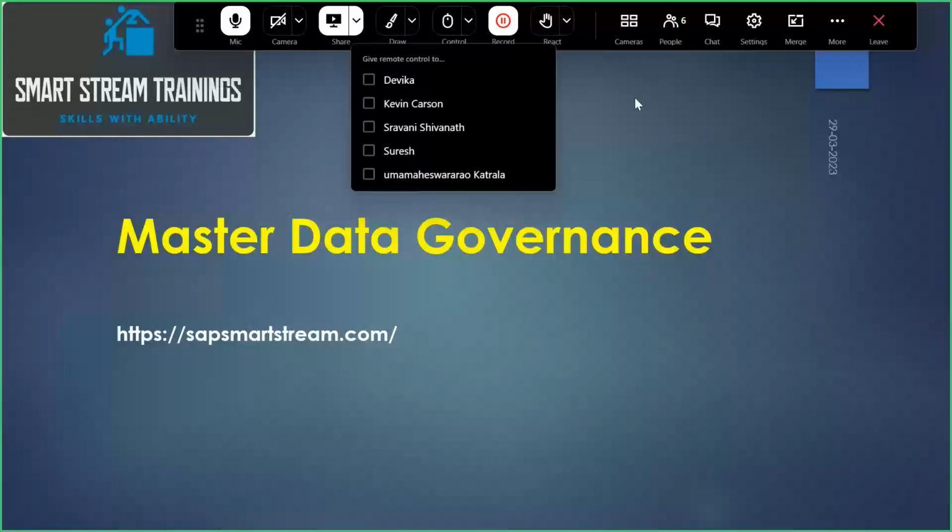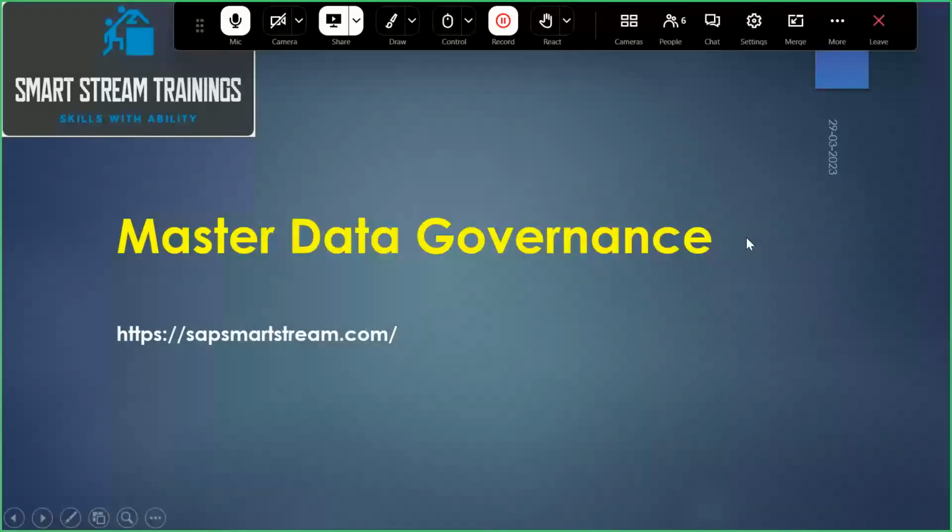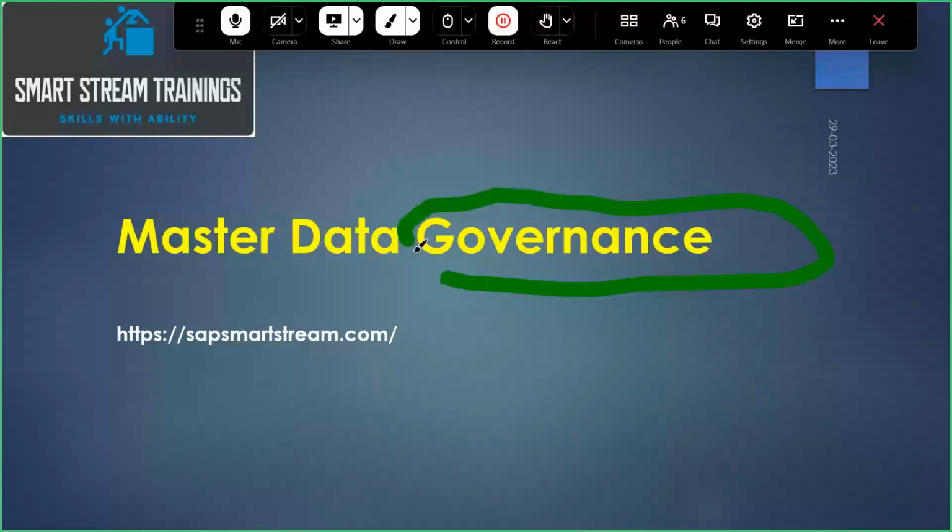So a set of roles and authorizations is required to change this master data. These roles and authorizations we call the governance process.